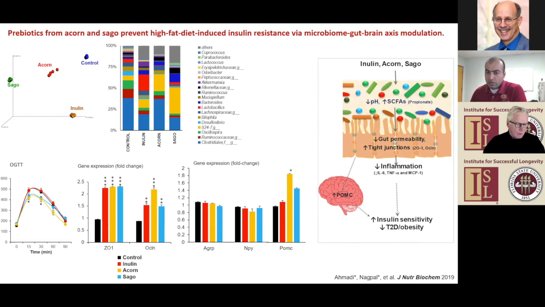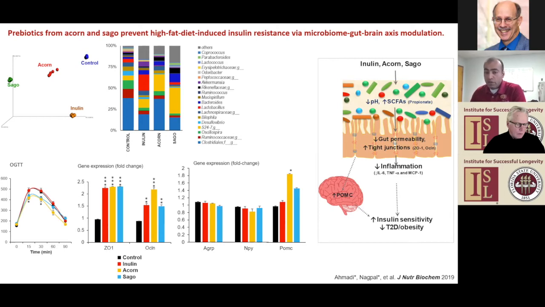And these increased short chain fatty acids, including propionate and butyrate, lead to improvement in gut permeability and reduce the leakiness by improving the expression of tight junction proteins in the intestinal epithelial wall, such as zonulin and occludin. And this leads to decreased systemic inflammation, thereby improving insulin sensitivity and reducing the markers of type 2 diabetes and